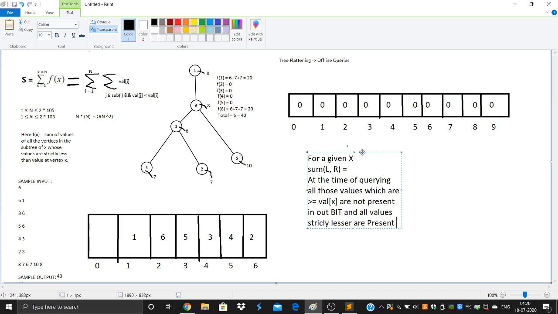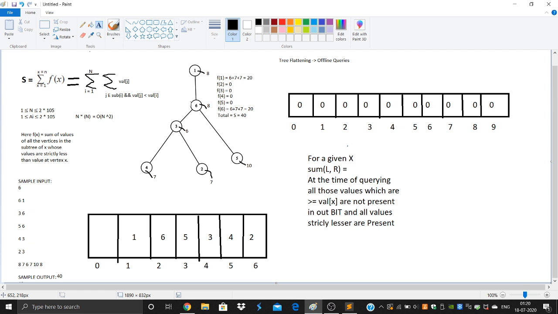That would basically mean that suppose we are querying for 8, let's say value at 6 is 8, so we are querying for this node 8. At the time of querying we shouldn't have 10, that is basically the node 5.